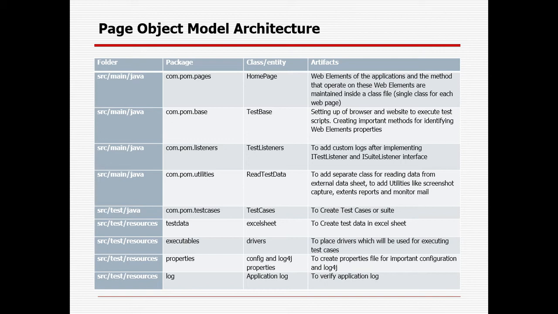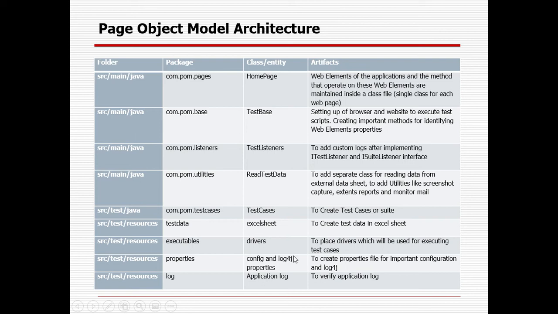Why will we not keep them in our local drive? Suppose I already created the framework, and at a later point of time the same framework needs to be used by another person. In case I keep some of the executables like drivers in our local system, it will create a problem whenever the other person downloads it and imports it to create a new project with the help of this project. That is the reason we will keep everything in our project.